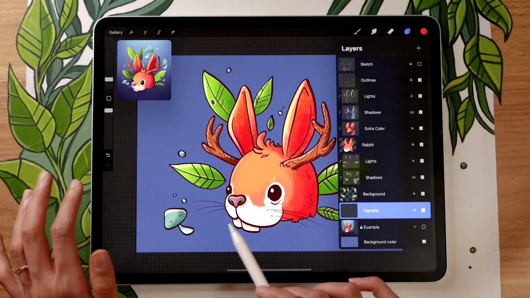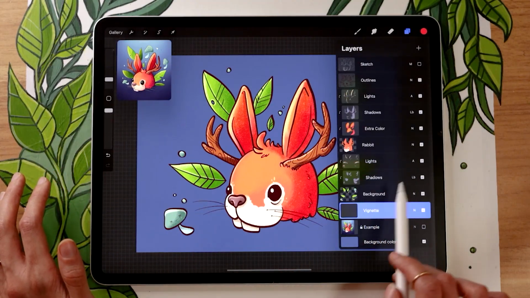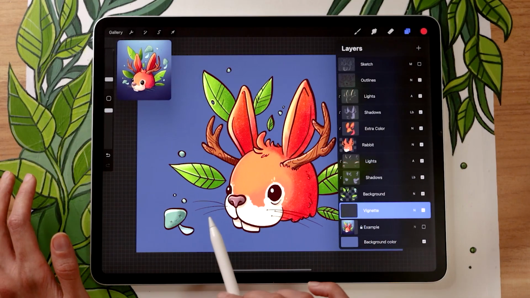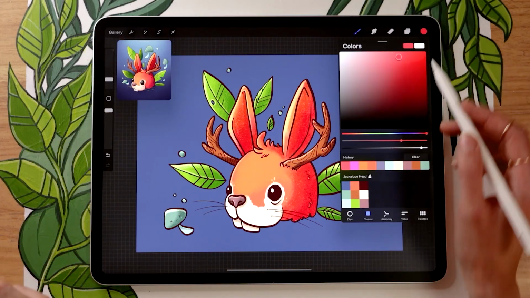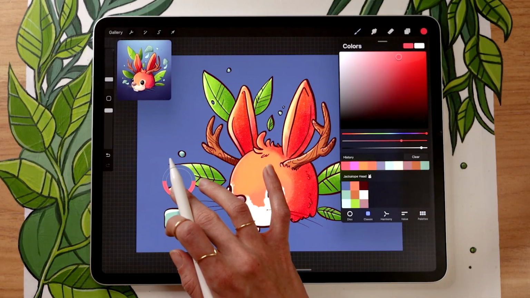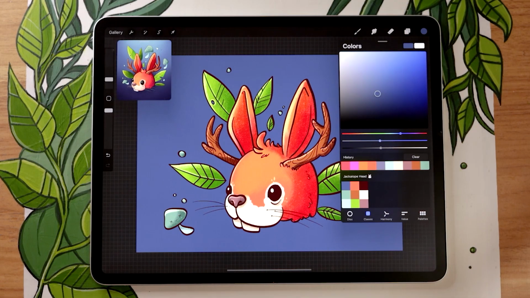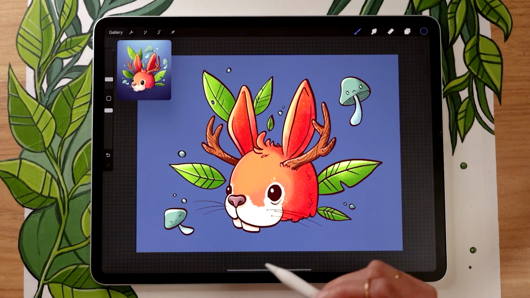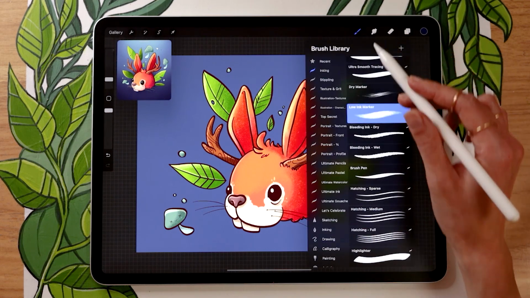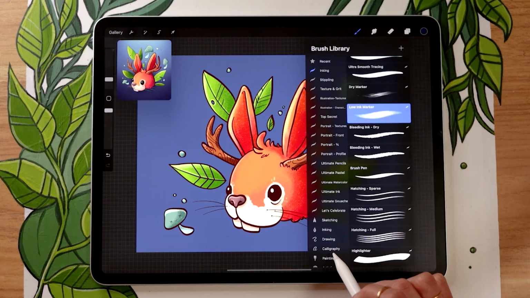So what we're going to do on this vignette layer is just paint a darker section at the bottom of our background and then a lighter section at the top. So you can just color pick the base color and then make it quite a bit darker. And for this, you're going to want to use a soft brush though. So in the